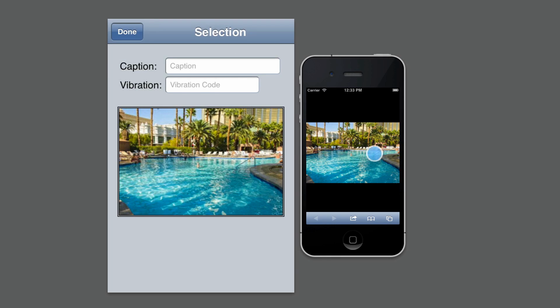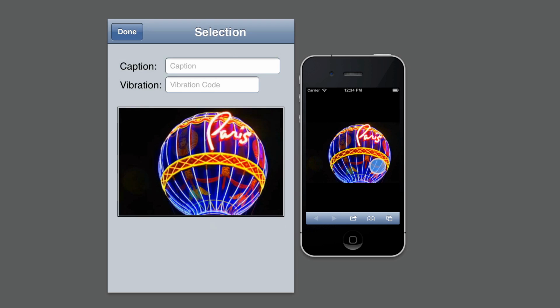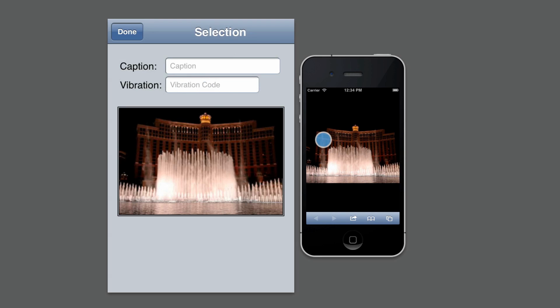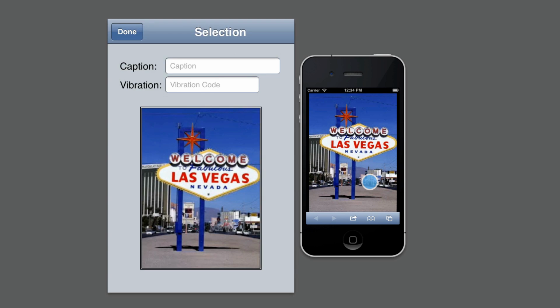Once that image is displayed on their device, after just 1 or 2 seconds, that image will appear on your phone. And as before, you'll notice that these first set of 10 images in the Vegas folder do not have any vibration codes. Now, you're going to instruct your spectator to swipe those images, and usually I say this is an album that has hundreds, if not thousands, of photos that are from Las Vegas. Now, obviously, that's a lie, because there's only